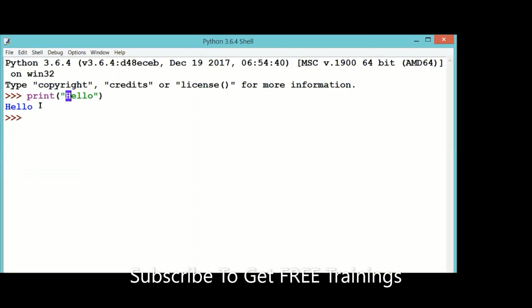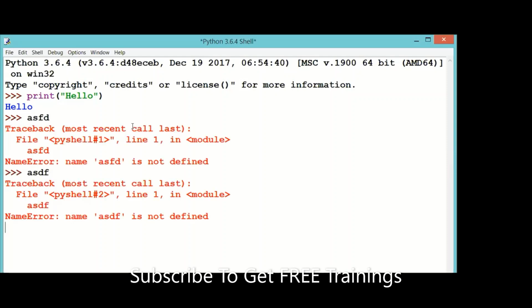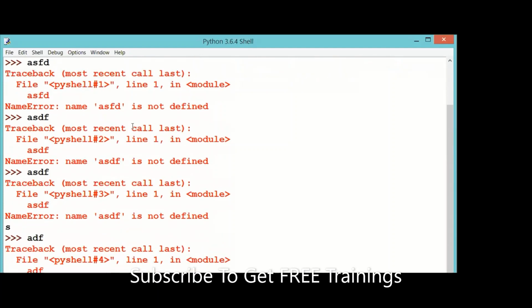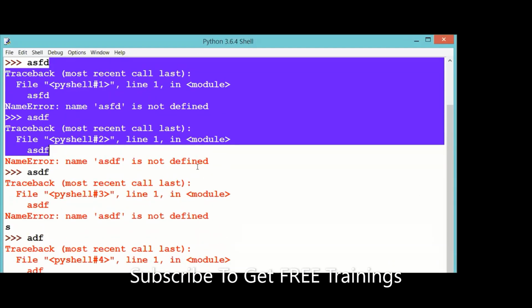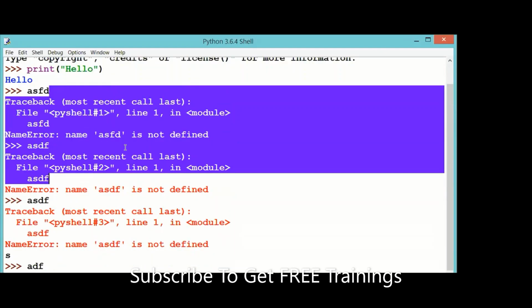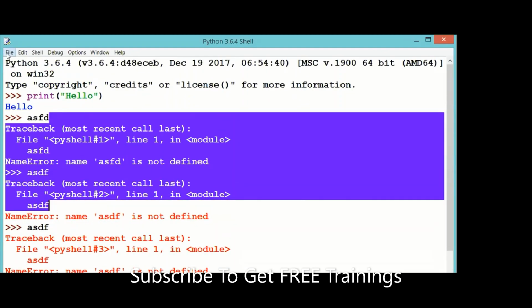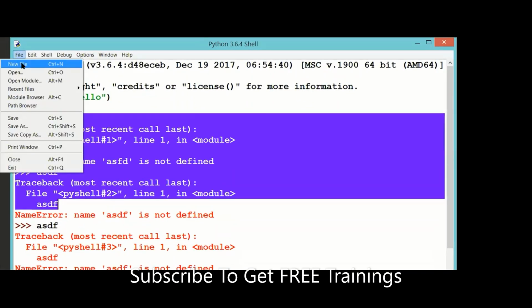Observe, you cannot go back and you cannot modify. And after writing a certain program, if you have made some mistakes and want to clear this, it is not possible. So it's recommended to create a new file.